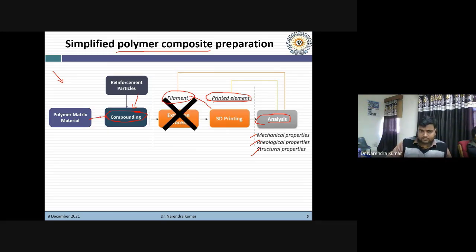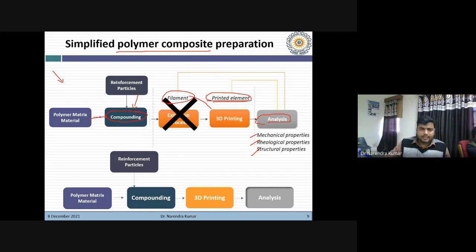Now let's move to the direct pellet printing process. As I told you, we don't use filament. With direct pellet printing, we can eliminate the filament preparation stage. We can directly go for 3D printing after compounding, so this stage is eliminated.